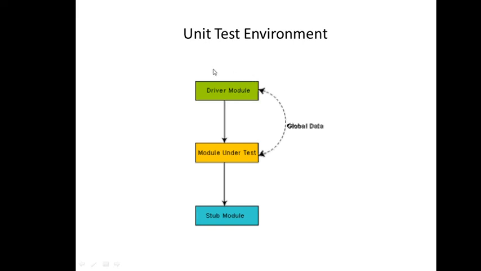See here, this is a unit test environment. Say I want to test a module, that is known as the module under test, right? Say M1 is the root module which is broken down into M2 and M3, then M2 is broken down into M4 and M5, right? So I'm going to test the M2 module. So in order to test this M2 module in isolation, what is required? We require some module at the top, like in the actual system it was M1 that was calling the functions of this M2 module, right? Now we don't have to consider the other modules.